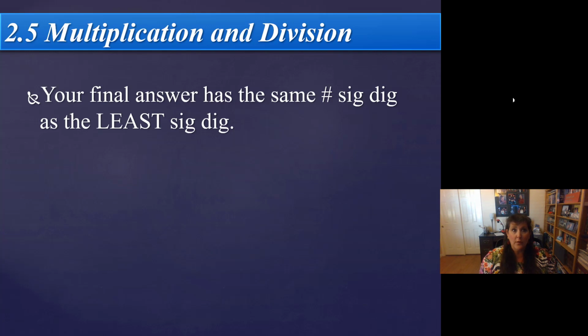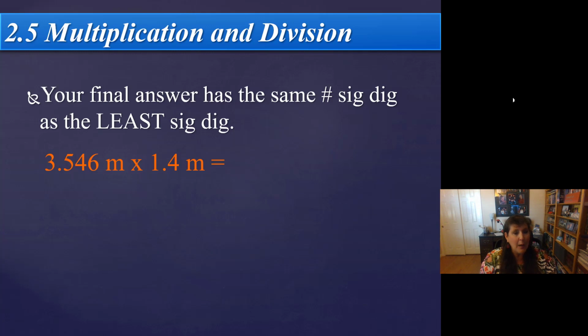We just learned that when you add and subtract, you focus on decimal places. However, when you multiply and divide, we focus on sig figs. So for multiplying and dividing measurements, your final answer has to have the same number of sig figs as the least sig figs. So it's the least again, but not decimal places, total sig figs. For example,